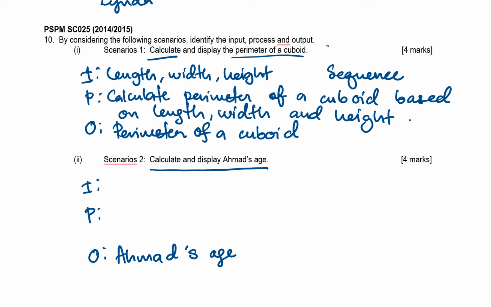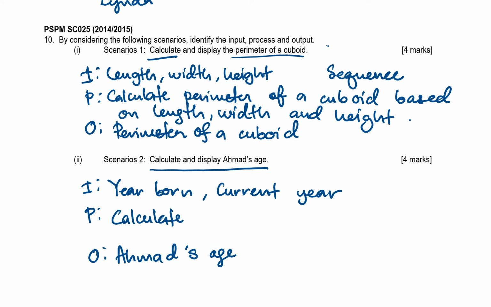Now to calculate or to get Ahmad's age, what is the input that you need to enter? Of course, you need year born and also current year. Okay, then the process is calculate